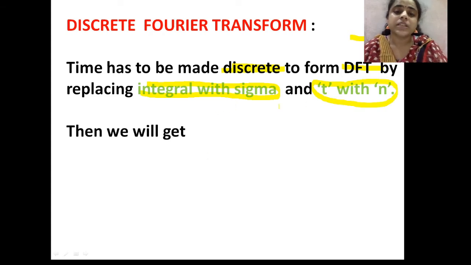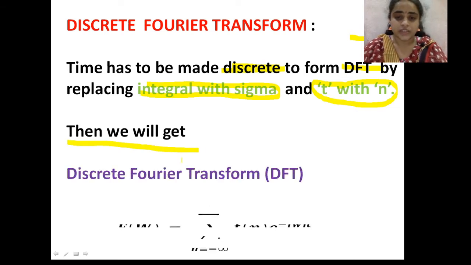That means in the analog Fourier transform equation, we have to replace the integral from minus infinity to infinity with a summation, n equal to minus infinity to infinity, and replace t with n. Here the integral and t were there; here the summation and n will be there. Then we will get